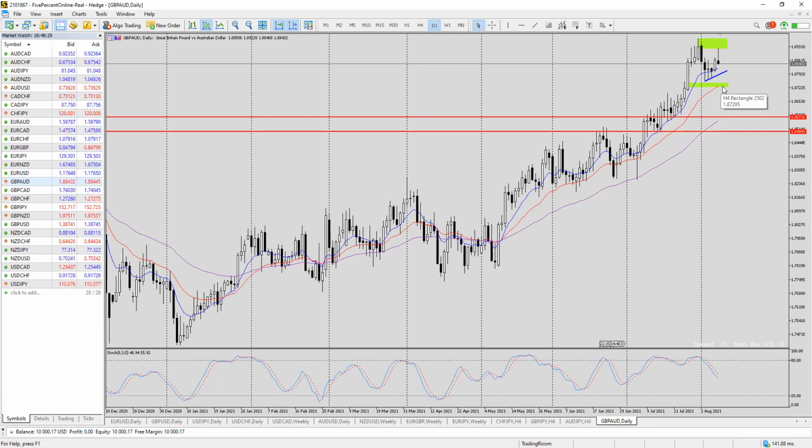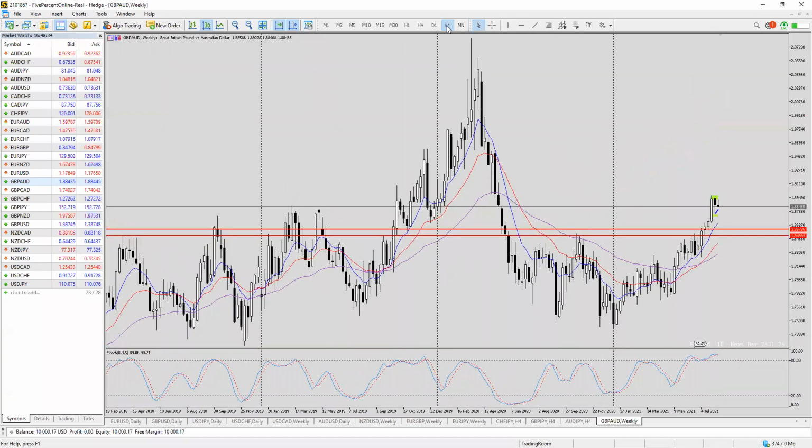CN, when you say overextended, you mean overextended to the upside? Could be. On the weekly chart, as you can see, it's quite far from the moving averages. So it is on the weekly chart. It's definitely overextended, but there's still more room to go up. It could go lower, or consolidate around here, waiting for the moving average to come closer before continuing